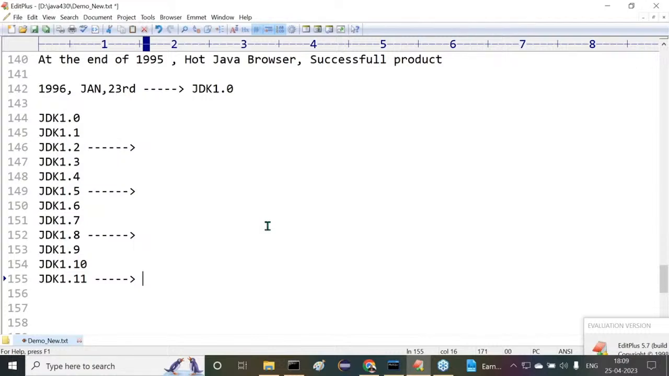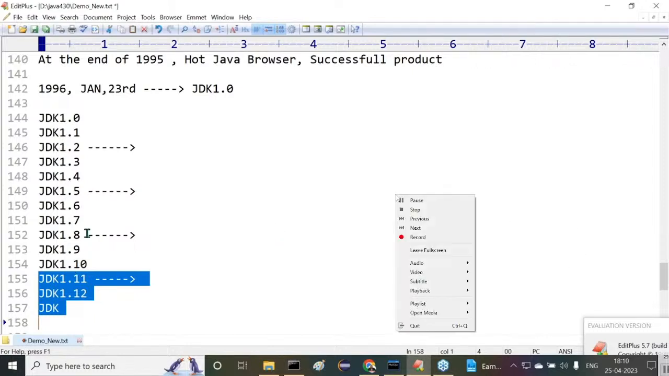Observe carefully. Then after this, JDK 1.12 is namesake only. And one more point I'm telling you: before the JDK 11 version, there was a gap from one version to another, nearly 2 years, 3 years of time, and especially for releasing